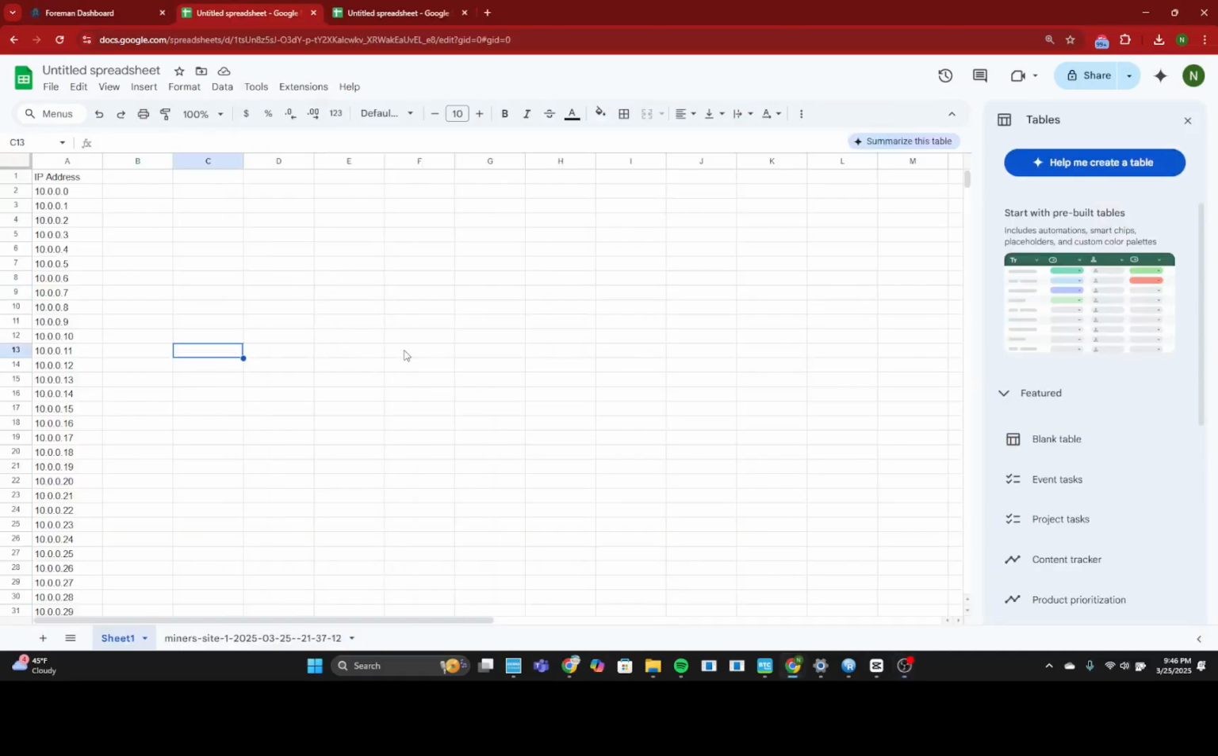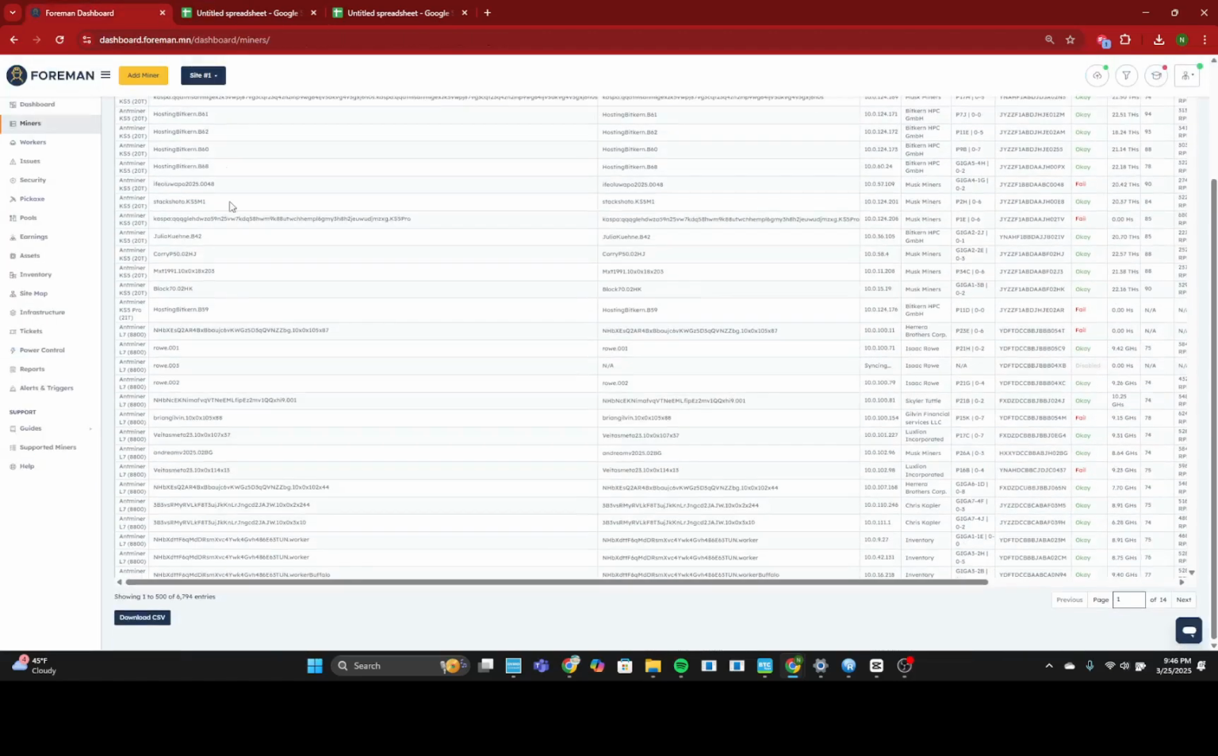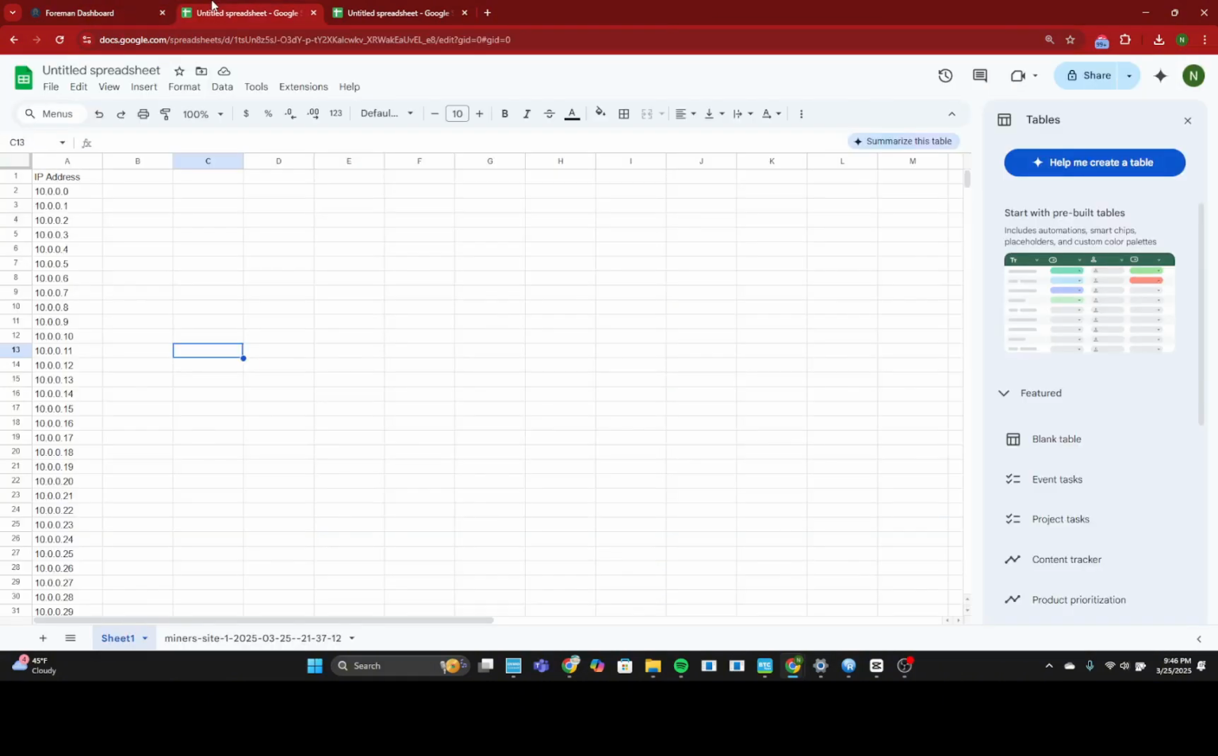Before setting static IPs, it's very important to have a specified range that you are guaranteed to have no duplicates in. The way I like to do that is to download a CSV that has all of the IPs all the way from 10.0.0.0 through 10.0.255.255. Then I like to download this CSV on Foreman of the entire site,